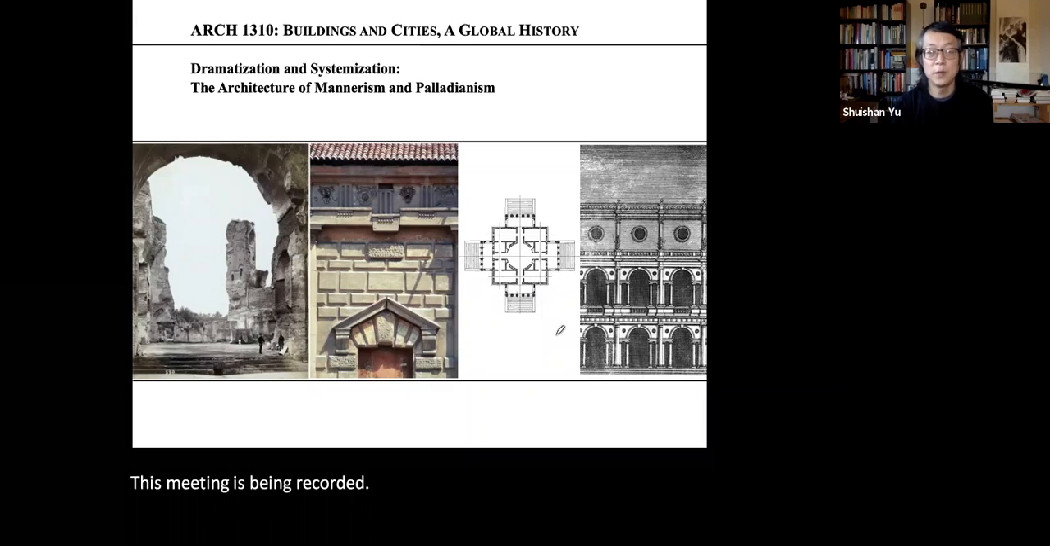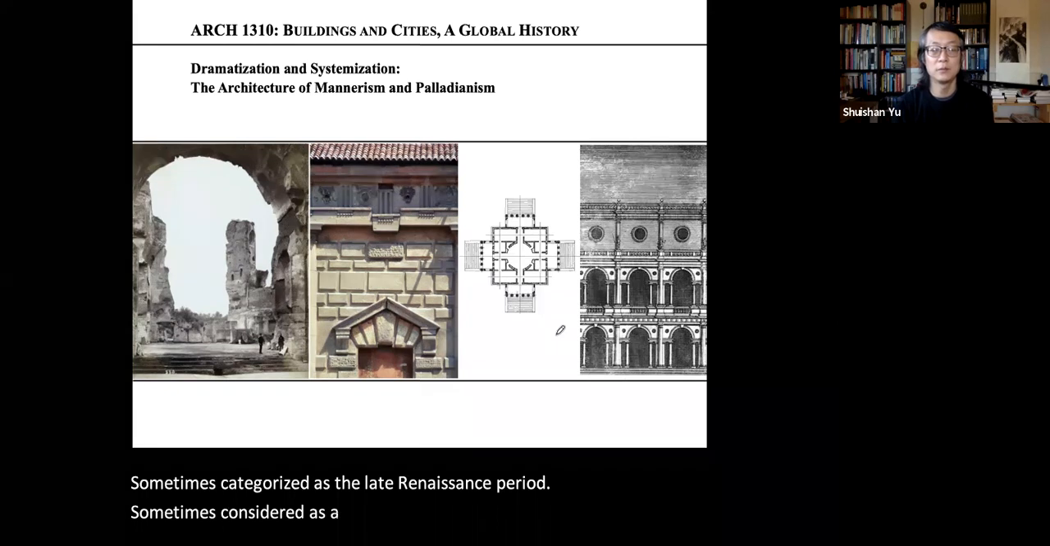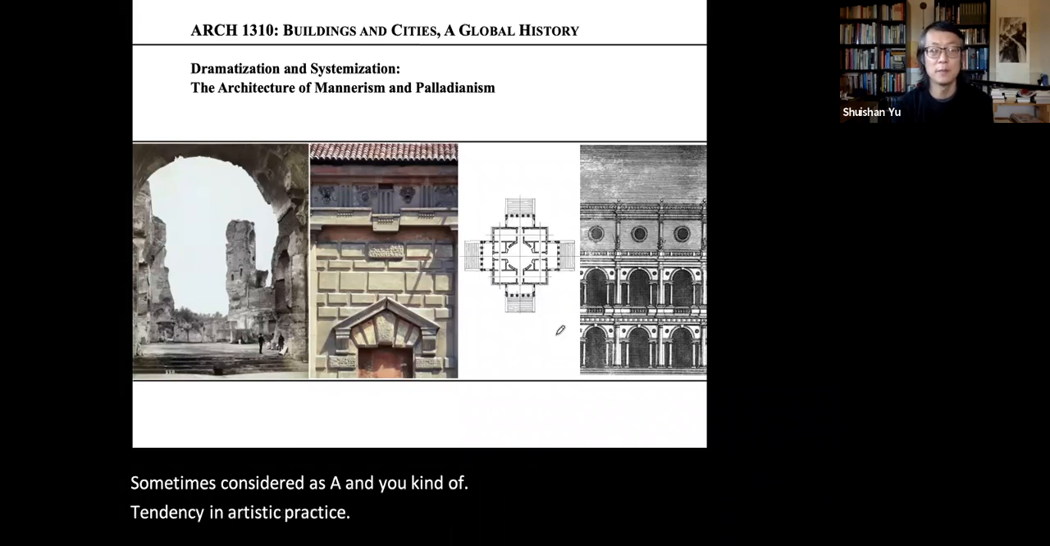So today we are going to focus on the architecture of Mannerism and Palladianism. So this is a period sometimes categorized as the late Renaissance period, sometimes considered as a new kind of tendency in artistic practice called Mannerism. And Palladio, as an architect and artist,